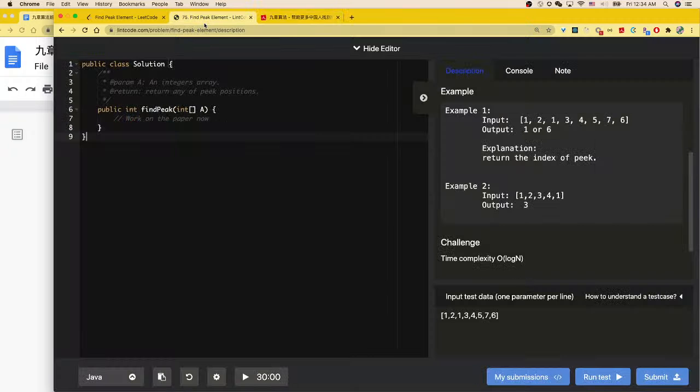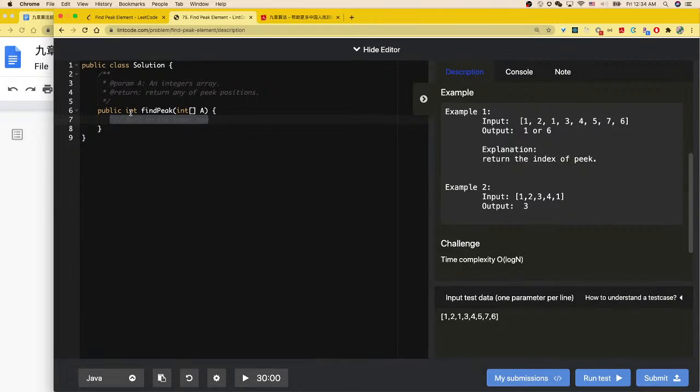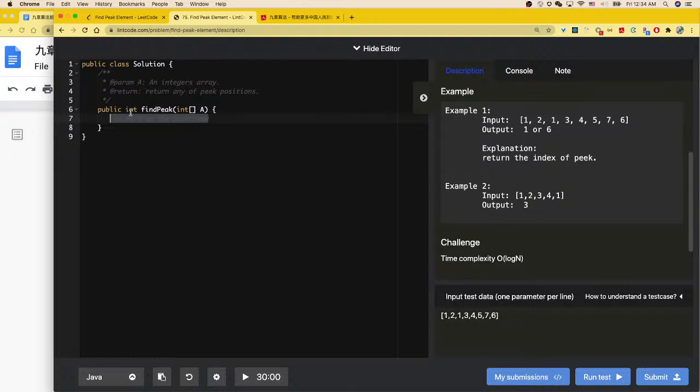I think it's not that good. Let's try our ways first, and then